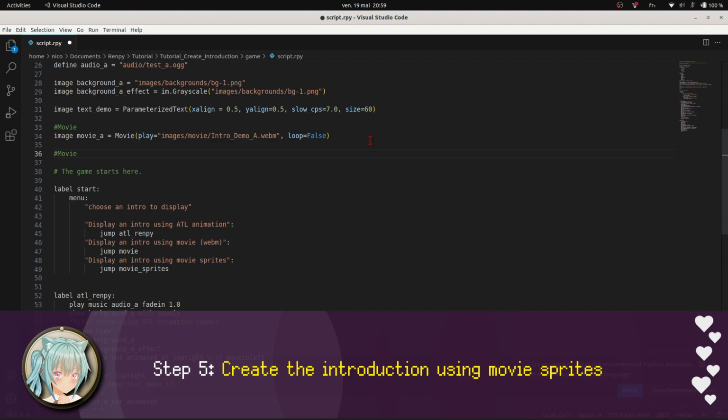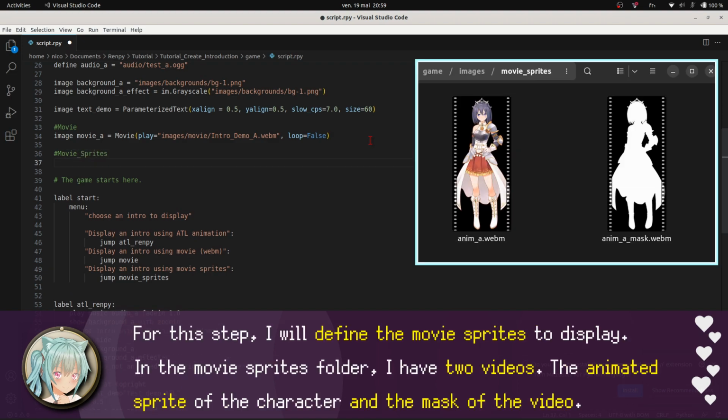Step 5. Create the introduction using movie sprites. For this step, I will define the movie sprites to display. In the movie sprites folder, I have 2 videos: the animated sprite of the character and the mask of the video.